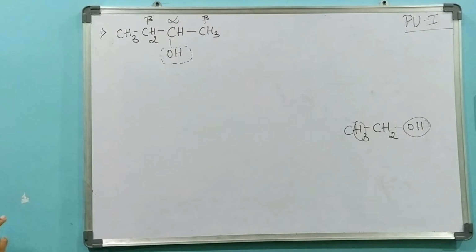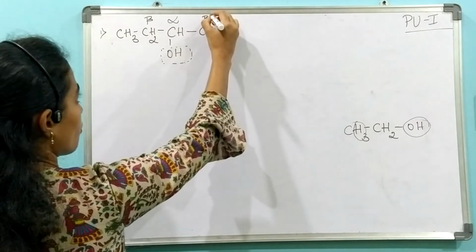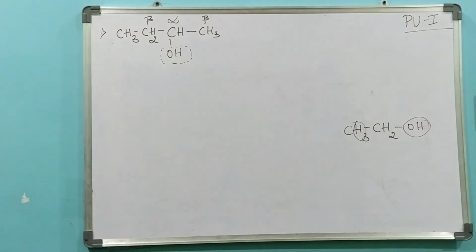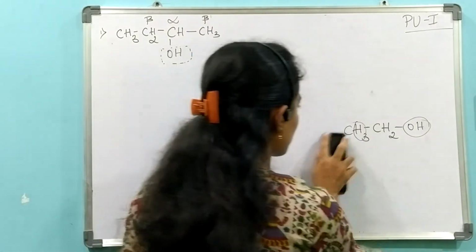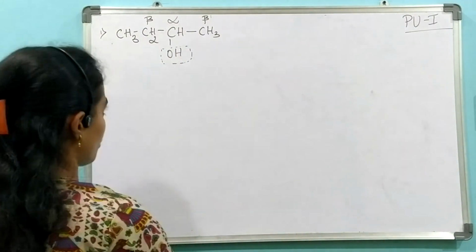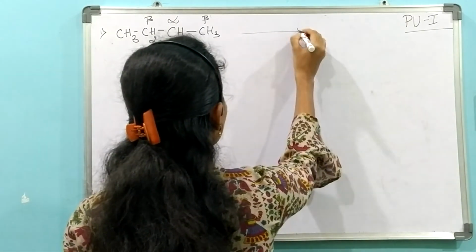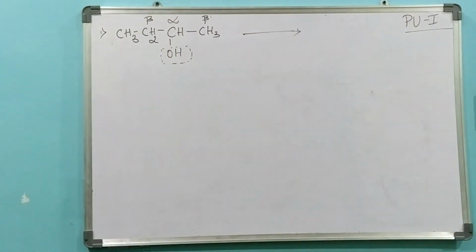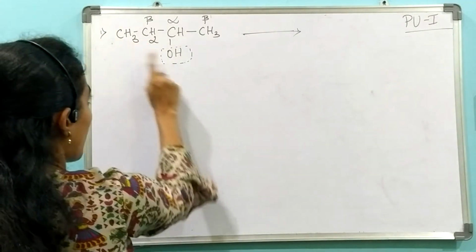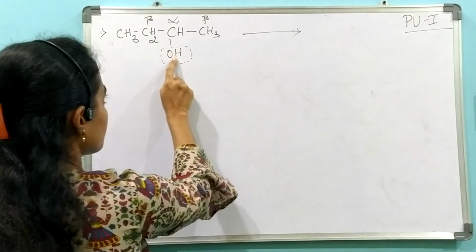But here I have given you two options where you can either remove your hydrogen from this beta or from beta dash. Now, how will you decide from which carbon you are going to remove the H plus and do the elimination reaction? So what we will do here is, we will remove the hydrogen from both the beta and beta dash and write the products and check how you are going to get the stable product. So here I'll remove the hydrogen from this beta carbon and OH minus from this particular alpha carbon.